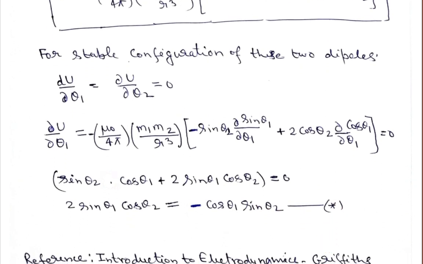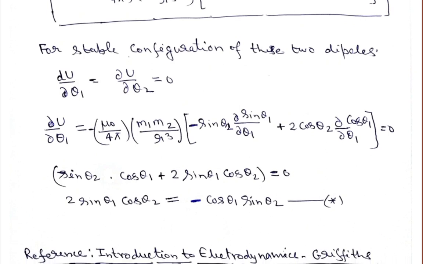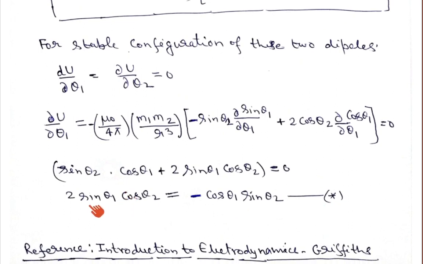So I am taking this star because I have not given the name of the equations. So that is why I am taking the name like a star. Okay. So this is what we have got when we have differentiated this energy with respect to theta 1. Similarly,